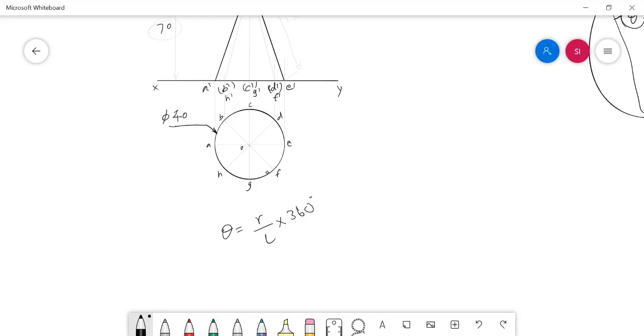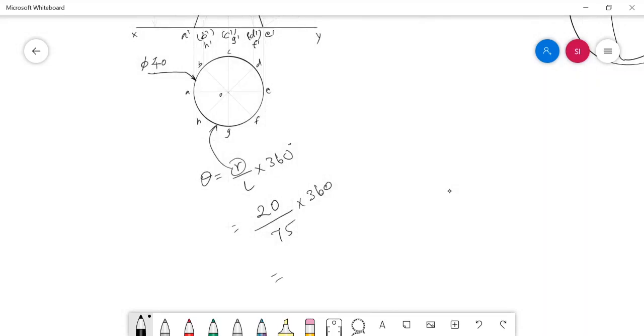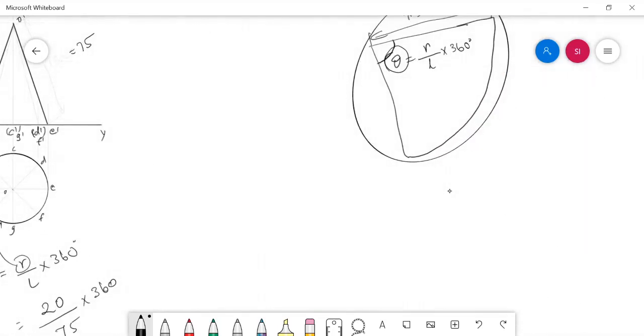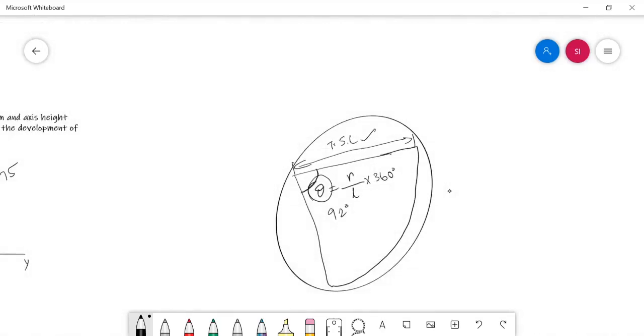R is nothing but the radius of the base circle, which is 20 mm, and the true slant length, as we assumed, is 75. So 20 by 75 into 360 gives 92 degrees. The sector angle theta is 92 degrees, and the true slant length we assumed is 75 mm.